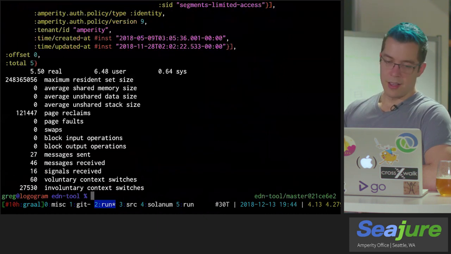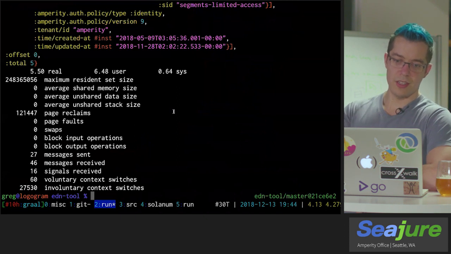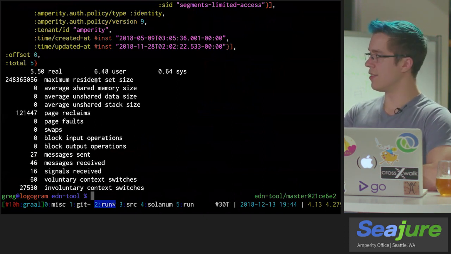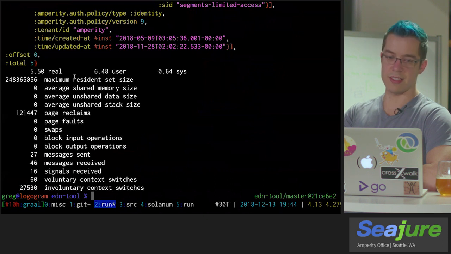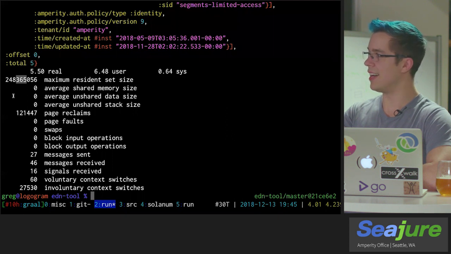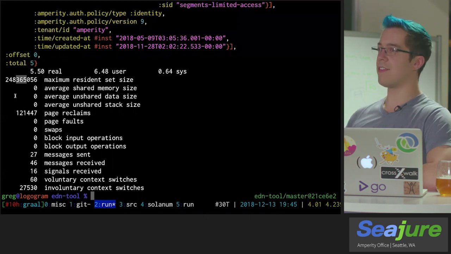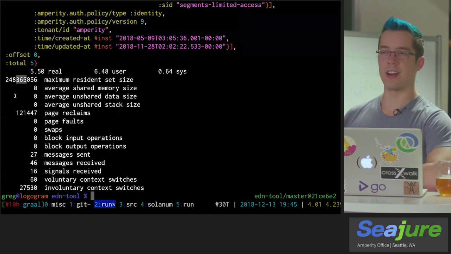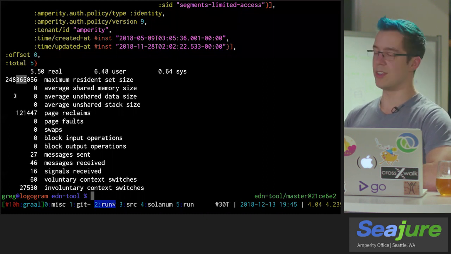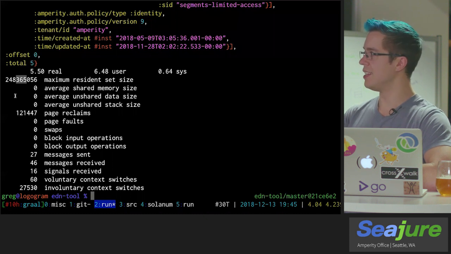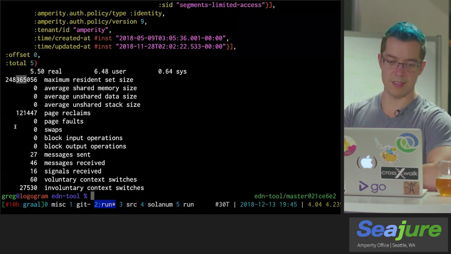Cool. So real elapsed time, about 5.5 seconds from the time we invoked this to the time that it finished running. The process as a whole used a little under 250 megabytes of RAM, which is not very lightweight for something that you're running on the command line. This is okay for a microservice or some long-running process that's doing a lot of data processing, but is not something you really want to run in the background or to have reserved each time you run this tool.